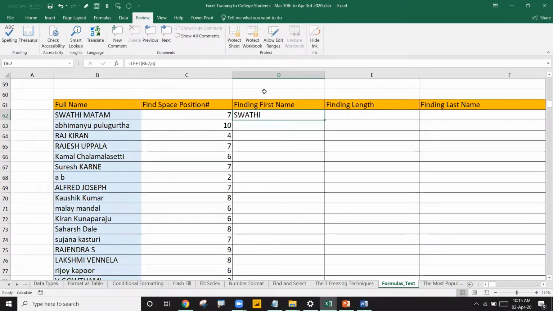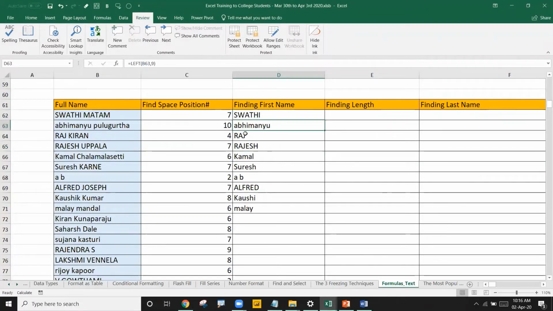That's okay. But if I drag this formula down, is it going to give me Abhimanyu, Raj, Rajesh and all, the first names? Once I drag it down, oh no, it is giving 6 characters everywhere: Abhima, Rajki and all. But his name is actually Abhimanyu, not Abhima. So it is killing his name. We don't want to go here again for Abhimanyu, counting manually and writing the number of characters. I don't want to change it to 9 like this. If I change it, it will work, but what is the use if I keep on doing that manual work? So I don't want to do it this way.